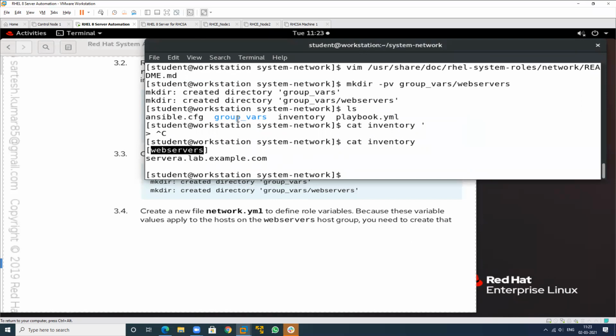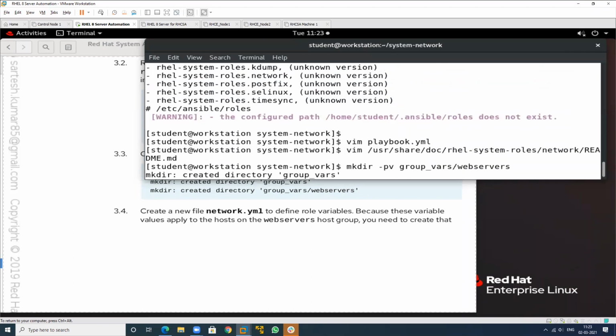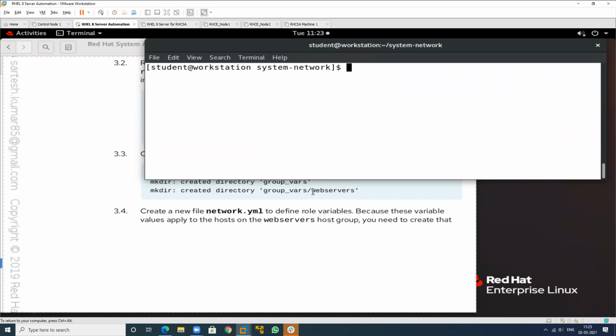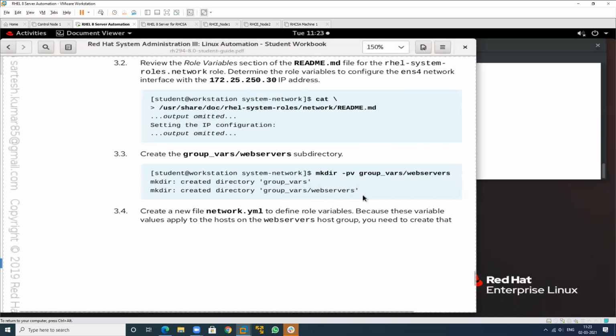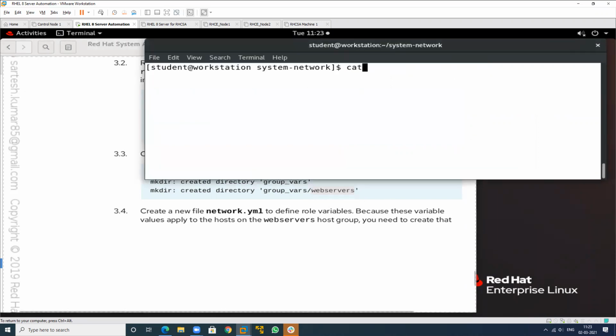So I will create the group_vars folder. In this we create which particular folder? See this particular name. This is the same name, not changed. If you use just web server, the task will not happen on the server A machine. So we have to use the same name. The name you entered in your inventory file and this name should be the same, because